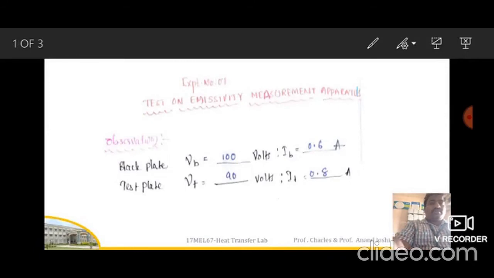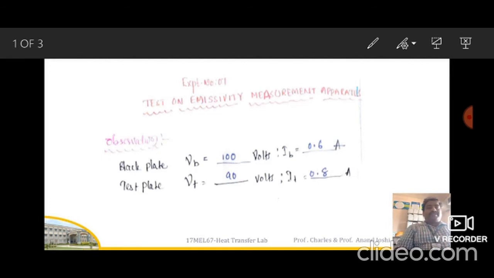So hello students, welcome to the heat transfer lab. Today we are going to discuss experiment number 7, that is a test on emissivity measurement apparatus. Here we are going to discuss the calculation part of that experiment. This experiment is based on the radiation mode of heat transfer. So the observations are